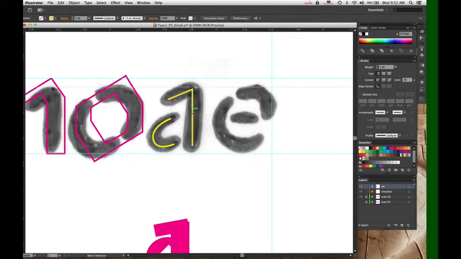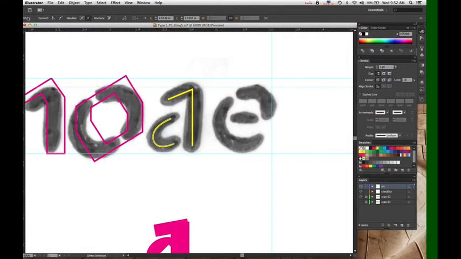Now you may be asking, well, all right, that's great. I've drawn the skeletal form, but how do I get from here to there? How do I get from this center line to my finished letters? Because obviously this is not going to cut it.